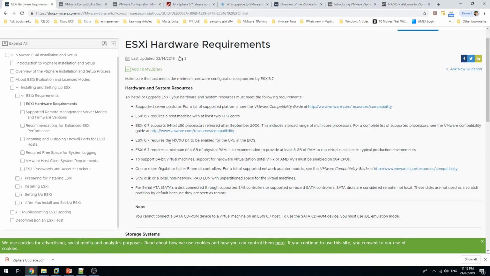And then you have NX/XD. NX stands for no execute and XD stands for execute disable, so they both perform the same function. NX is AMD's implementation of no execute, and XD is execute disable for Intel. What it does is it simply flags an area in memory to avoid any unwanted code execution, because the ESXi hypervisor boots into memory. So it wants to mark that area as secure, and we don't want to execute any kind of code in